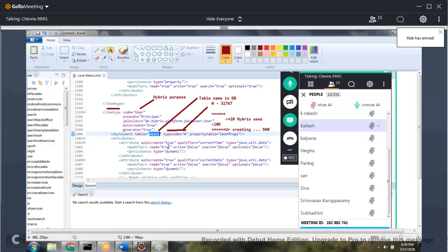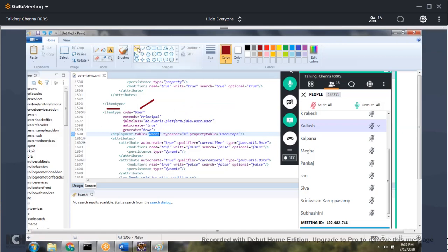That's about this one. Next, coming to here, when you are creating the item type, you have some attributes specified here. What is the purpose of this? Let's understand.